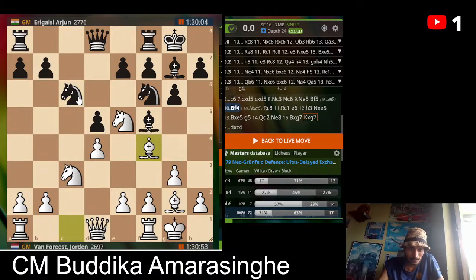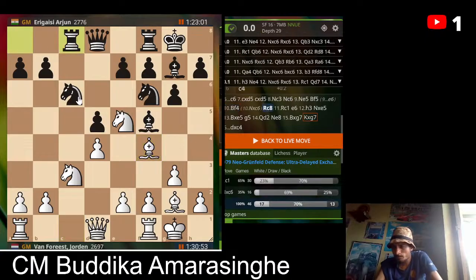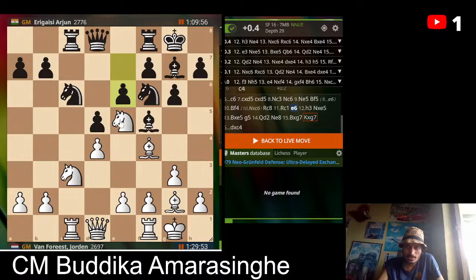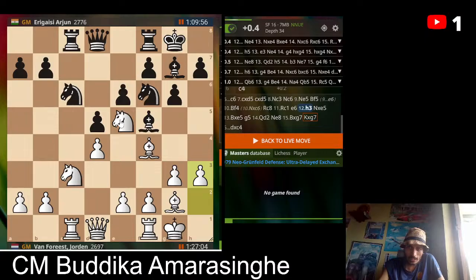Right. Now rook c8 played. Rook c8. And now rook c1. So much symmetric, this position, but the only difference is this knight jumped to e5. Right. Okay, now it's okay. Now e6 played Arjun Erigaisi. Okay. Now here h3 played